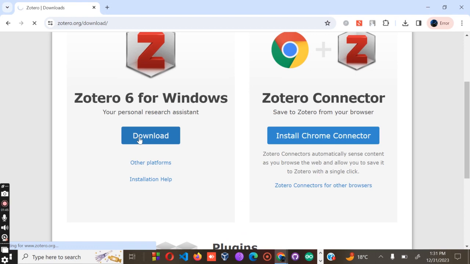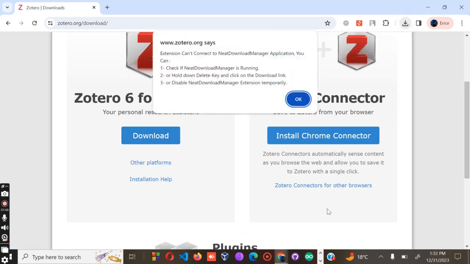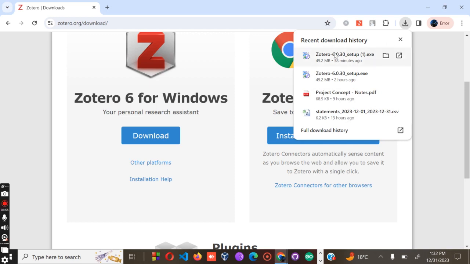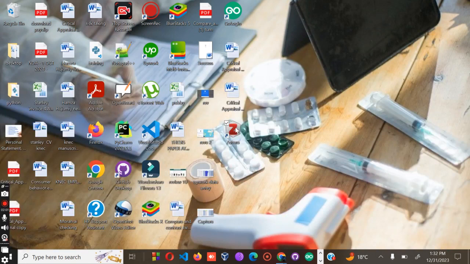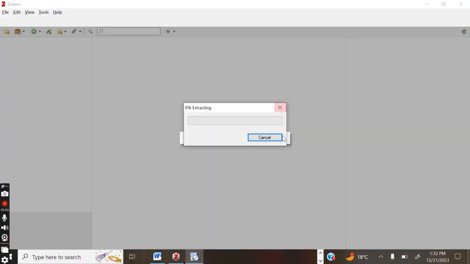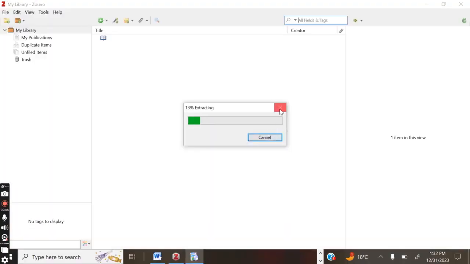So step number one, you download Zotero. After that, the next step is to install it. After installing it, you will open your Zotero. As you can see, I've already installed it. Okay, after installing Zotero,